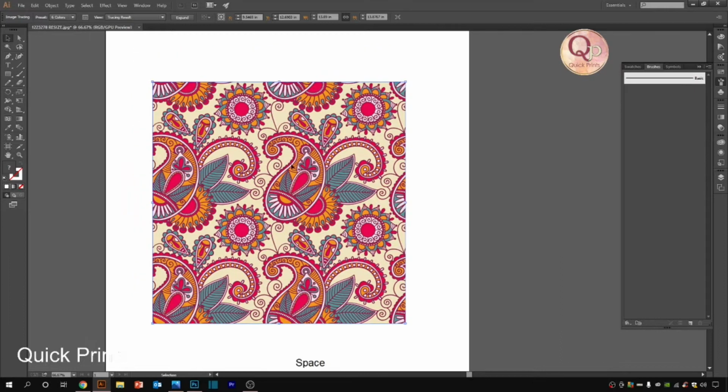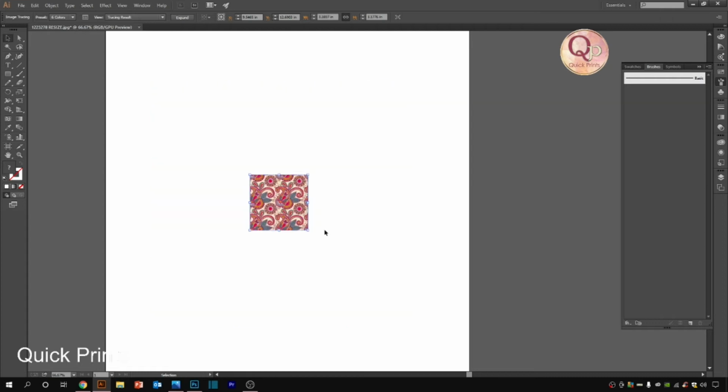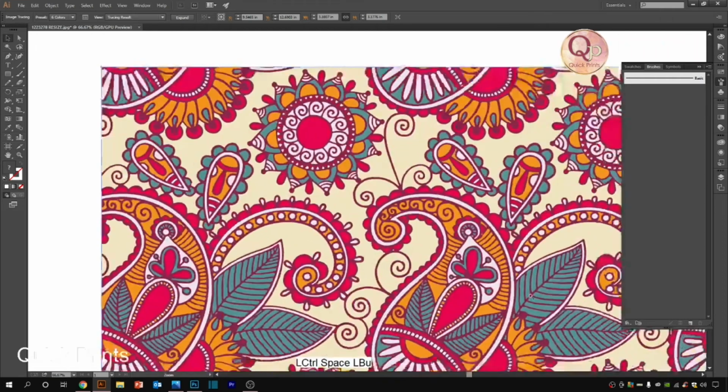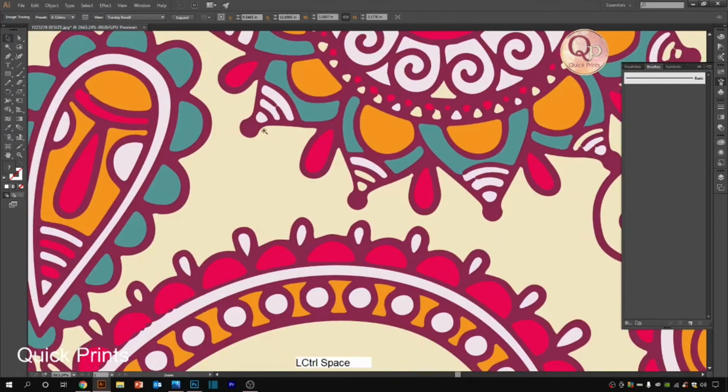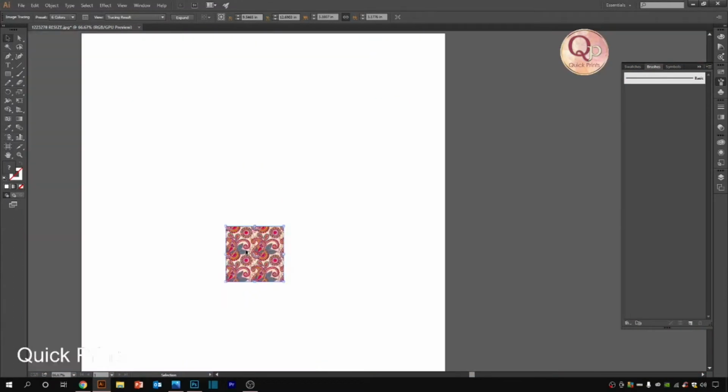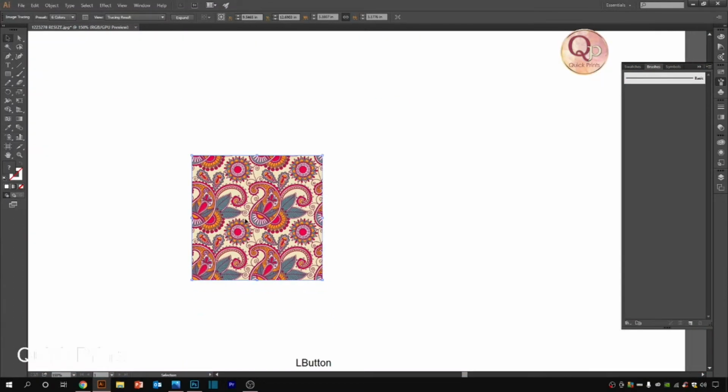So now the point is, what is the benefit of doing this here? Why not in Adobe Photoshop? The point of doing it in Adobe Illustrator is that we can reduce or increase the size and it will not affect the image a single percent. Vector remains vector. So you can see it is a total vector. We can work, we can change, we can edit.